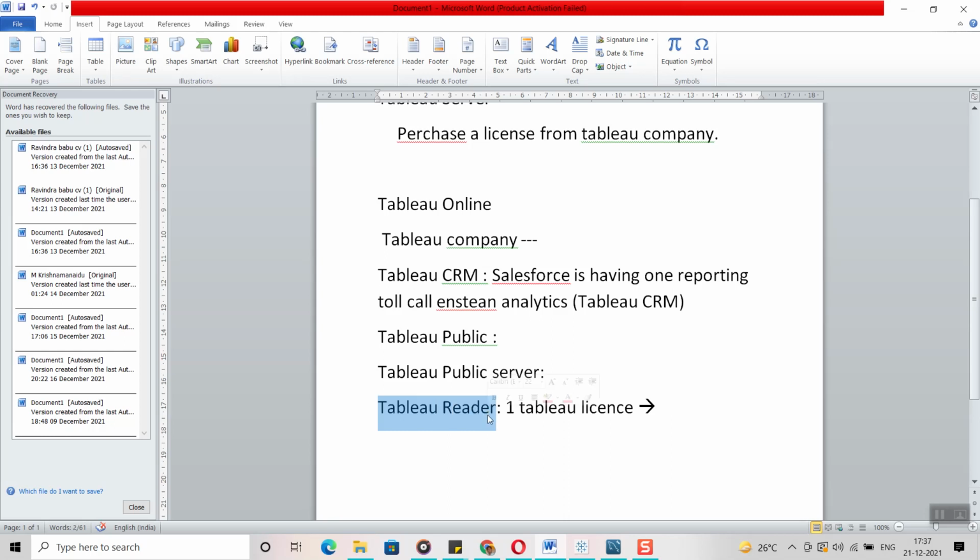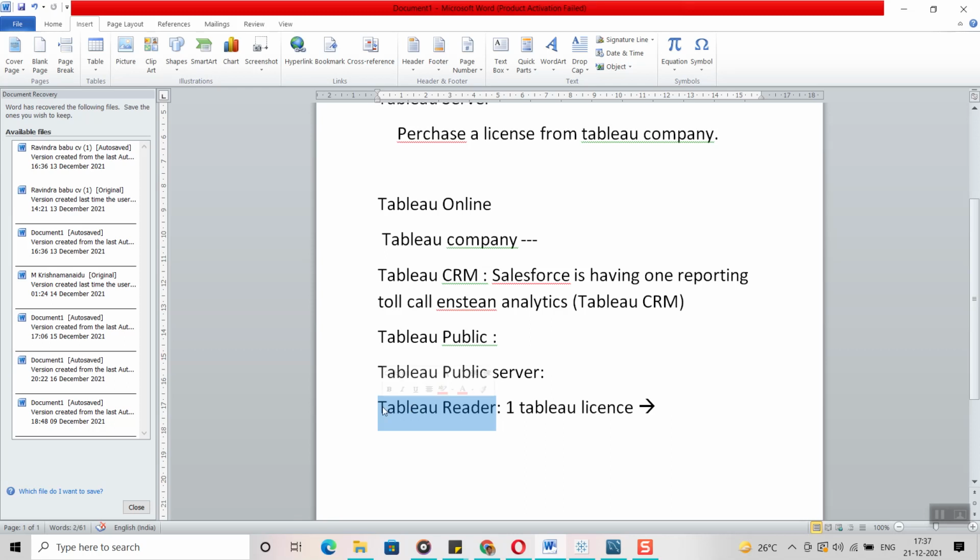In simple terms, Tableau Reader helps users open the report we share through mail or any other means. We are not publishing to a server. The end users just view the report using Tableau Reader.